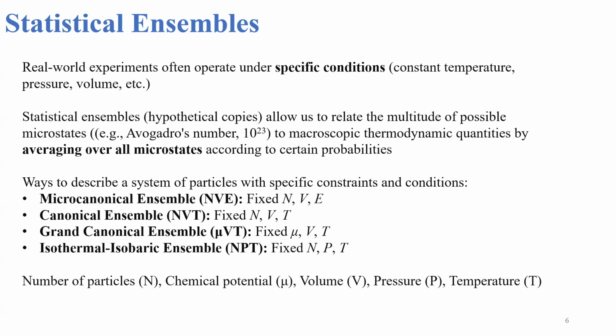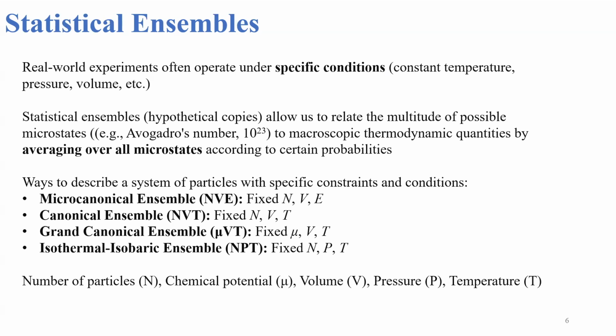So in a simulation box, sometimes you might imagine atoms are being added or subtracted. So that will not be a microcanonical ensemble. For a microcanonical ensemble, the number of particles of the system, such as atoms, is fixed, the volume is fixed, and the energy is conserved. For canonical ensembles, such as NVT, we might fix the number of particles, we might fix the